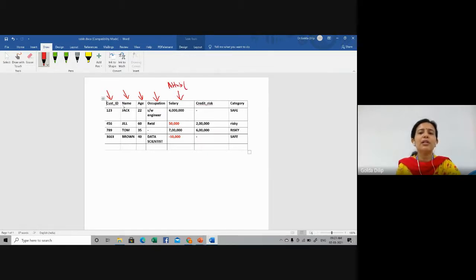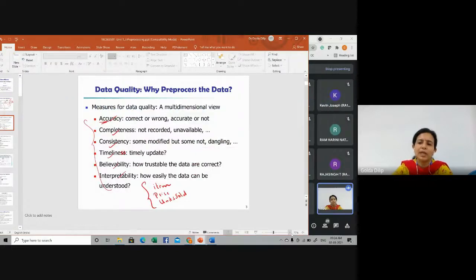This is nothing but the attributes, fields or columns. So this is the row or record or tuple in DBMS terminology. So this is something which should come into your mind: a two-dimensional table or a relation of rows and columns.